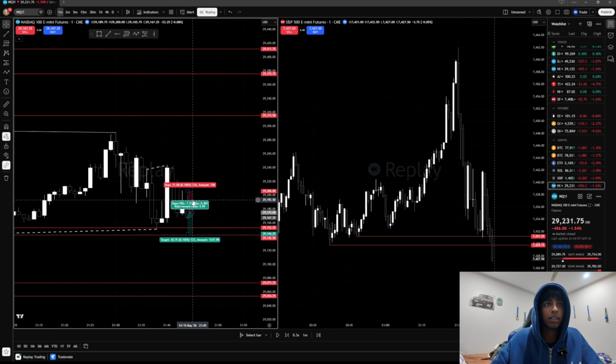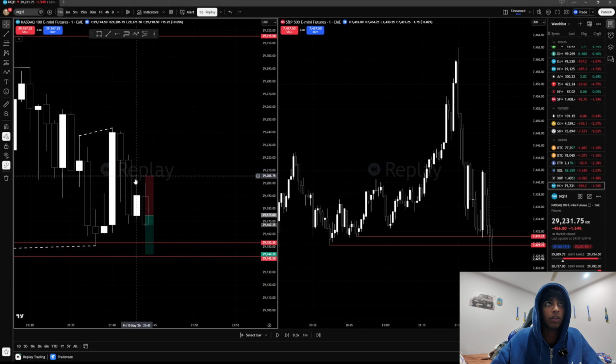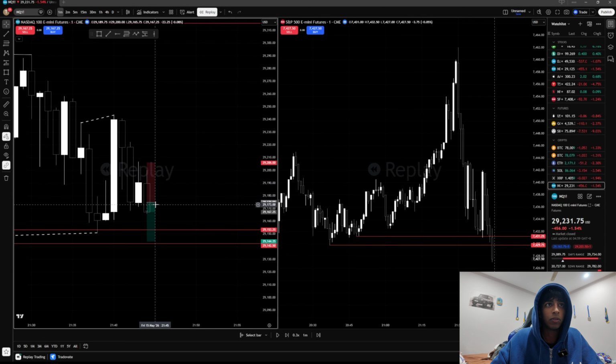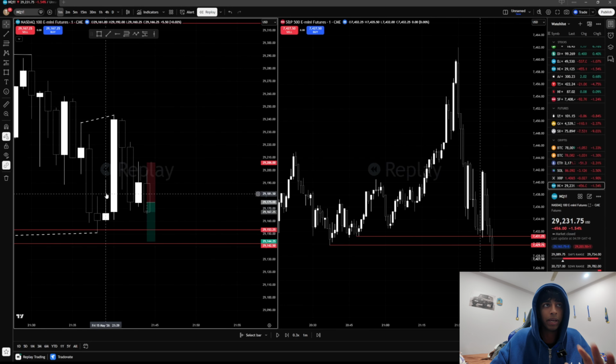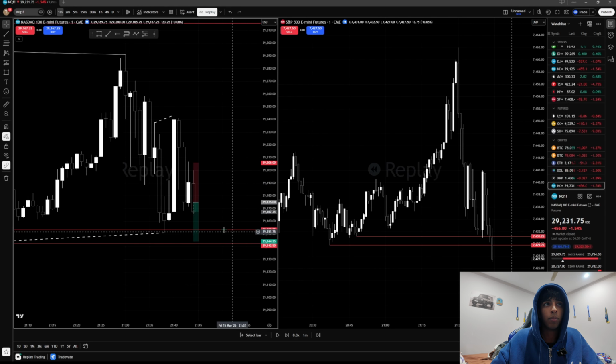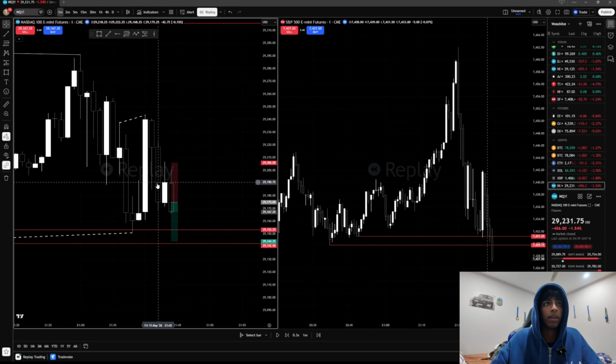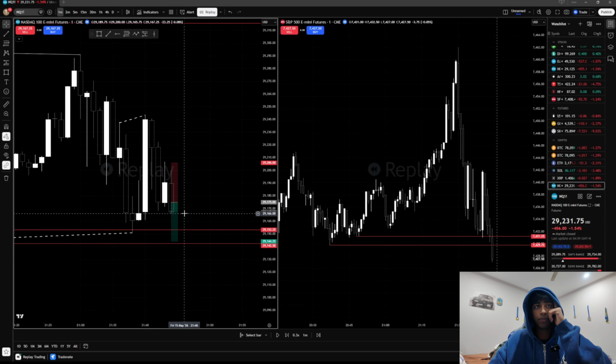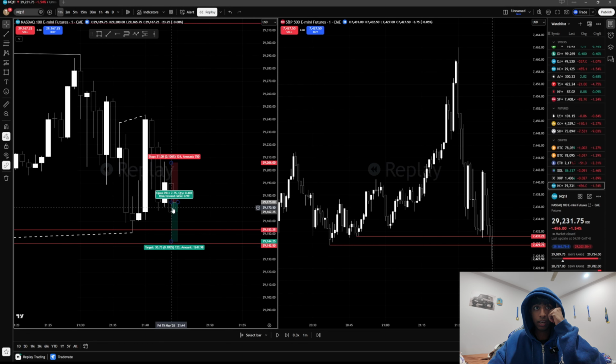Boom. Instant displacing down. I enter here, right? As it rebalances the CE of this wick. CE is consequent encroachment, right? Rebalance that candle, right? We instantly start displacing down. I enter here as soon as we cross this, because I know that this is going to be an engulfing candle based off SMT, failure of bullish SMT, manipulation up, right? All of this. So off of that, what I do is I just take the trade here, enter in here,